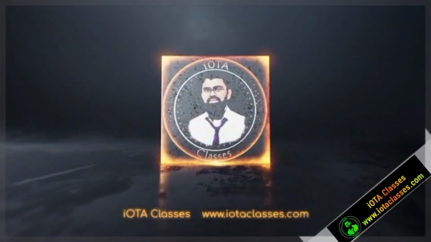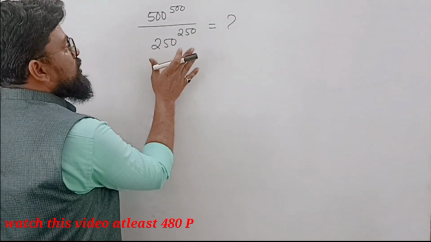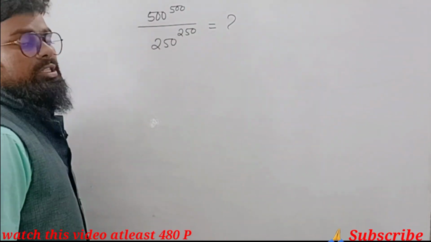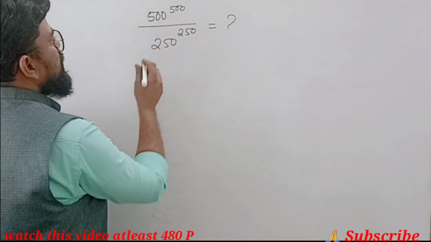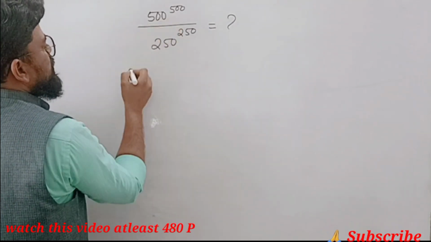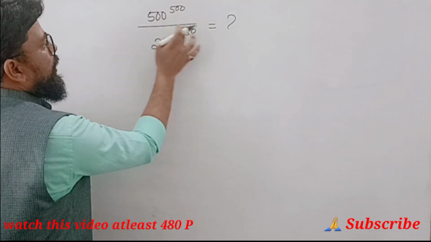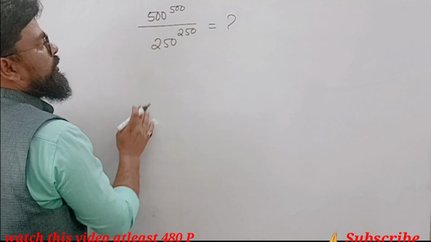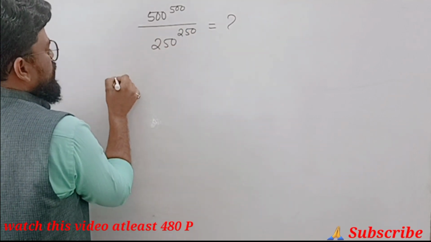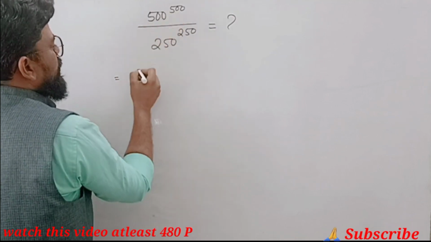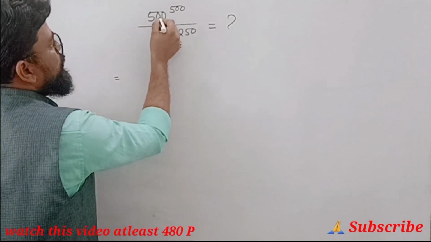Students, how can we solve this type of question? Very simple. See how we will solve this. Here it is 500 to the power 500 upon 250 to the power 250. Now see the solution. So 500 to the power 500